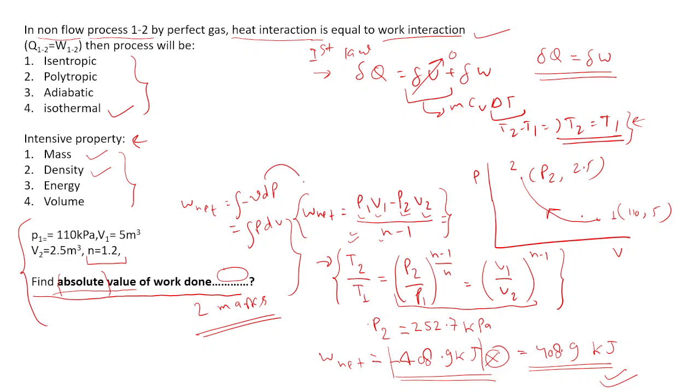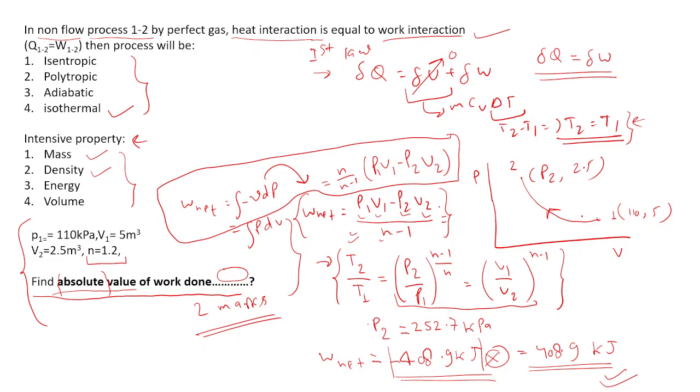So when we integrated this, what formula did we get for the polytropic process? Anyone remembers? Sir, n by n minus 1 into P1V1 minus P2V2. Just put this. If it is directly written for the reversible process and you find the work for the open system, and this data is given, then you have to use this formula. But it is not so here, so we have gone with this.